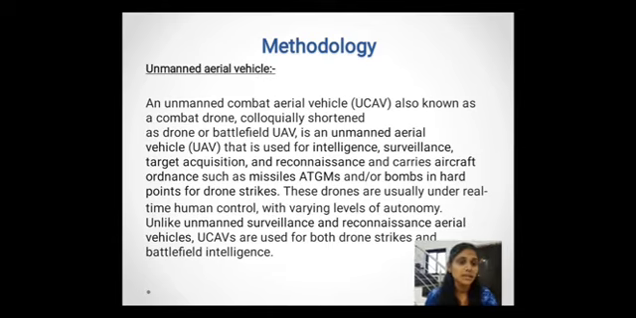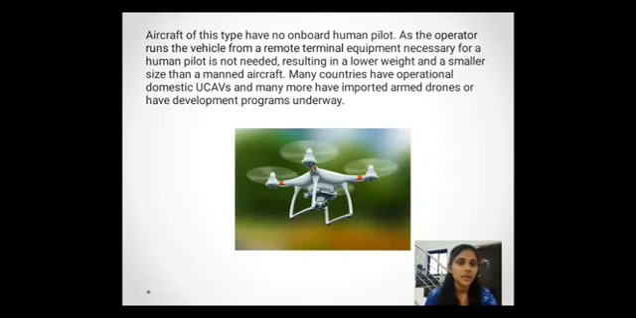reconnaissance, and carries aircraft ordnance such as missiles, ATGMs, and other bombs on hardpoints of the drone. These drones are usually under real-time human control with varying levels of autonomy. Unlike unmanned surveillance and reconnaissance aerial vehicles, UCAVs are used for both drone strikes and battlefield intelligence. The aircraft of this type have no onboard human